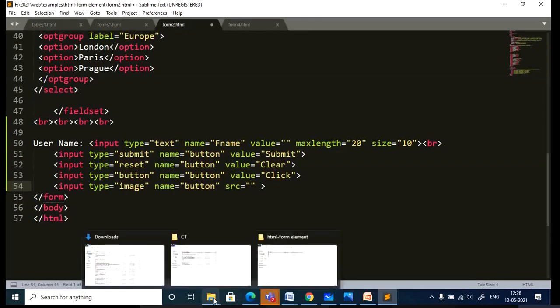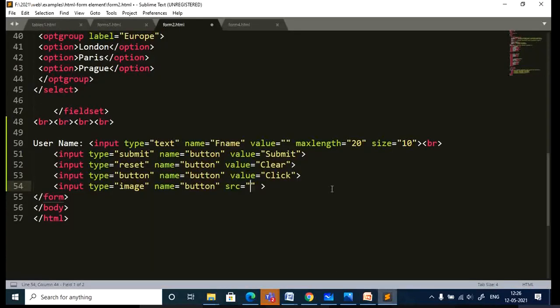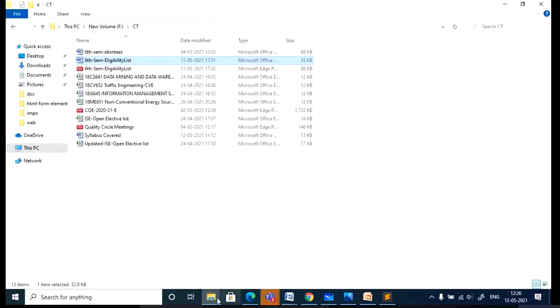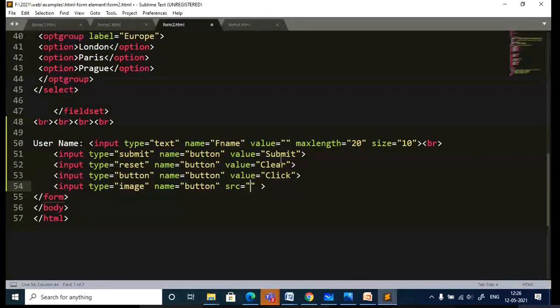If it is in the same folder, you can just give it directly. I have an image here, email underscore logo. In which format is it? JPG. The extension is also very important. Email logo dot JPEG.